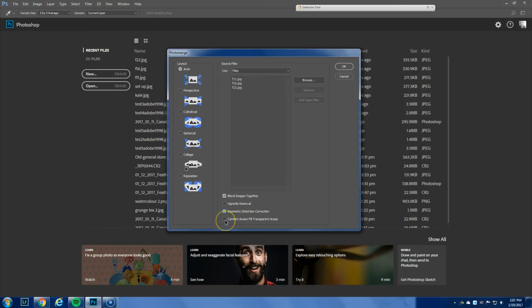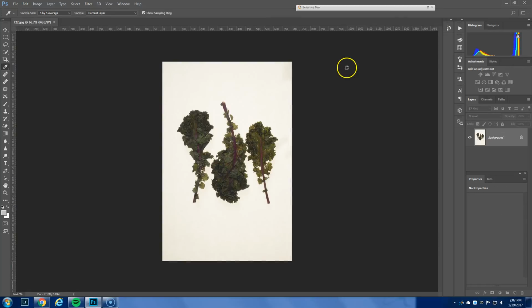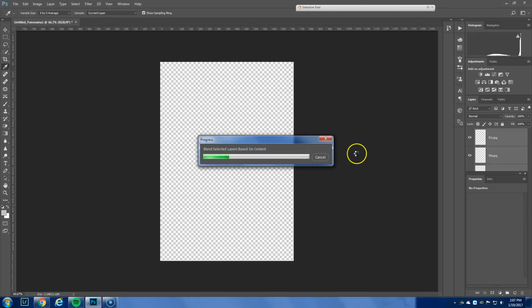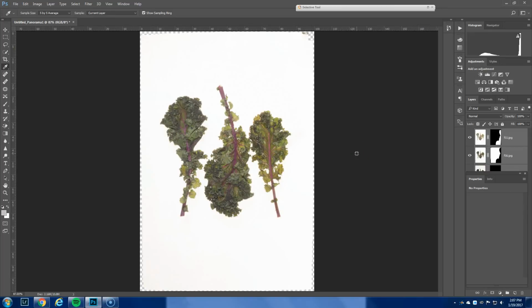I also like to use Content Fill where transparent areas, if there is such a thing, in your images. So I just let it do its thing. It runs through the program, and what you'll see is it'll slowly start adding them through. So it's saying it's going through and creating. And what it's done, if you look over to this side, pull this down so you can see, there's the